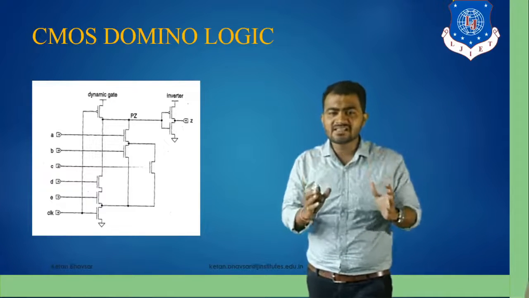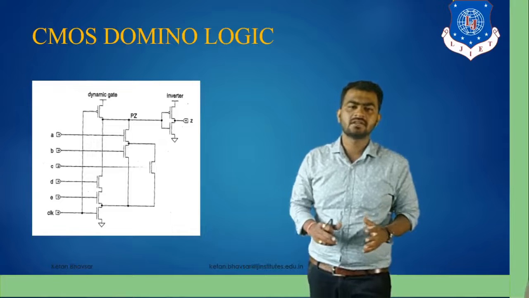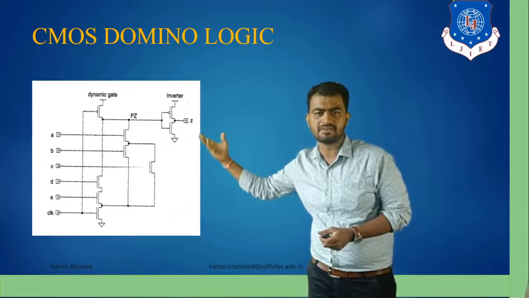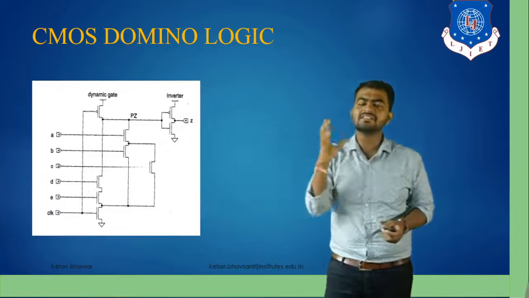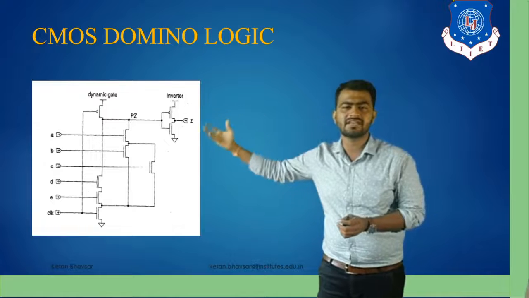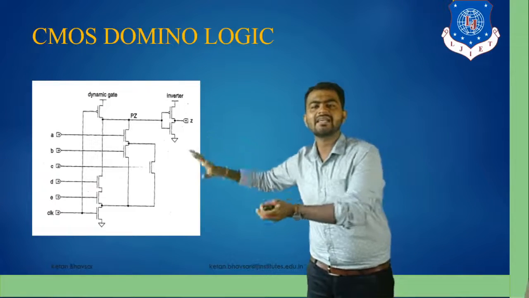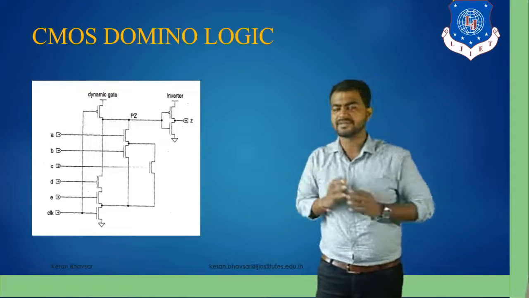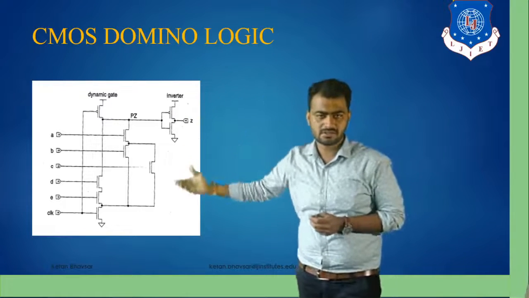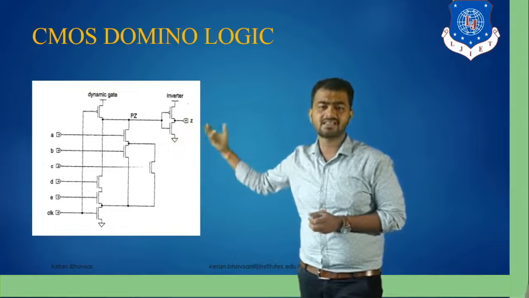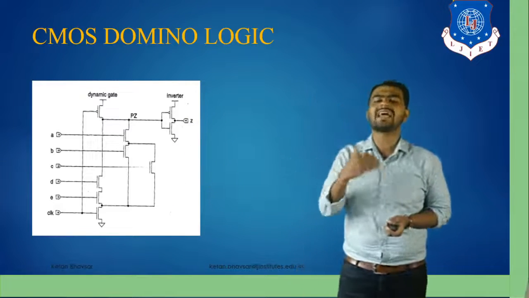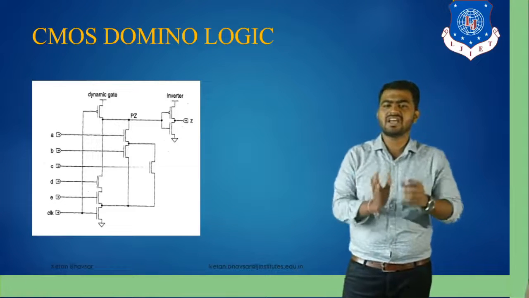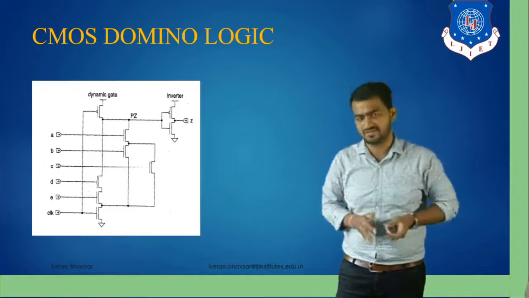As you can see, we have the PMOS, the ground, the logic block, and then the inverter. When we discuss a domino logic circuit, it is connected with the inverter too, so we directly get the output as compared to a normal dynamic circuit. We can directly design the AND gate, OR gate, and other types of gates. We do not need to design the NAND gate and NOR gate for the same.